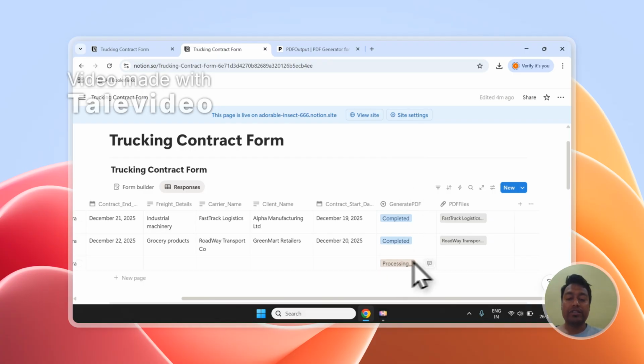And as you can see, it has now started processing this document which we had marked as ready to generate, and it converted the same into a PDF file within the database. This is how powerful this automation